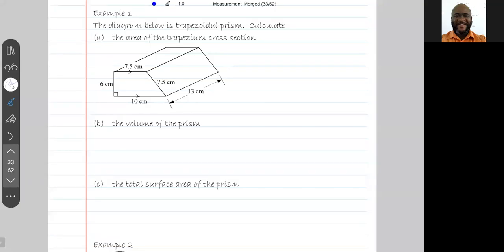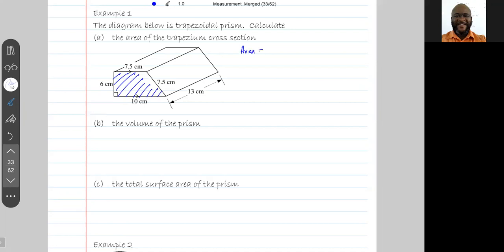All right, so example 1 says the diagram below is a trapezoidal prism. We're to calculate the area of the trapezium cross section. So this is the cross section. This shape has a uniform trapezium cross section. Now the area of a trapezium